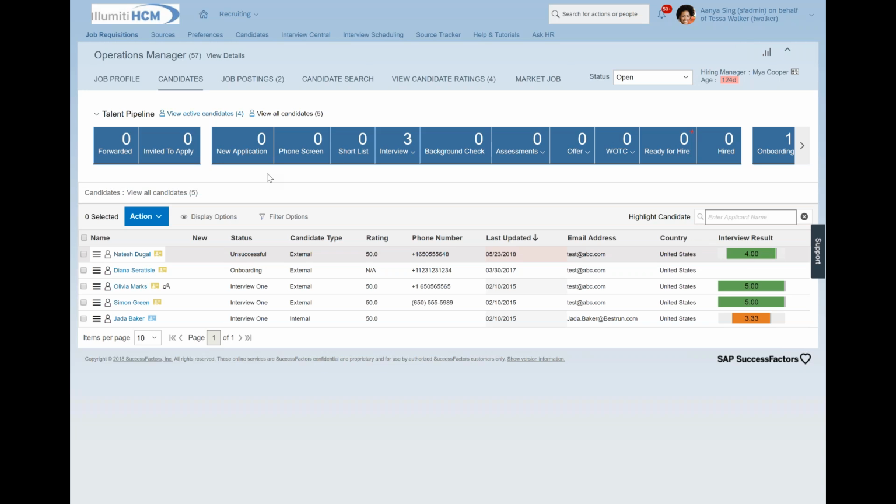Now, this is something that we tailor for you during the requirements gathering process. So if you do not do a background check, then this piece would not show up for you. If you do an additional step that's not shown here, then we would incorporate your different steps. So this pipeline can be tailored to your organization.